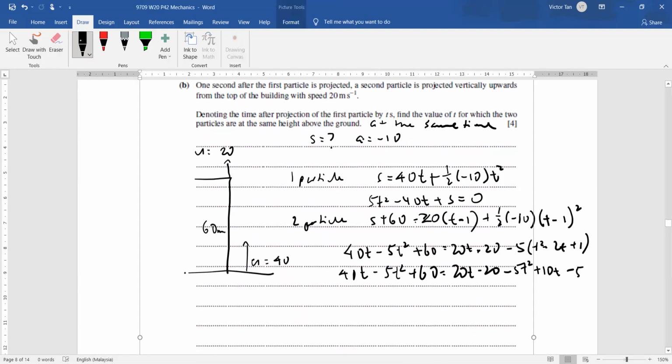You can cancel the 5T squared. So you have 20T